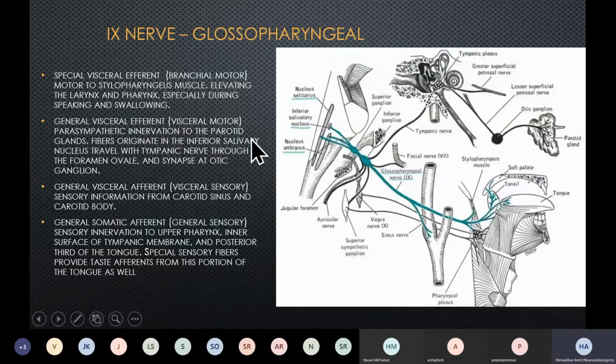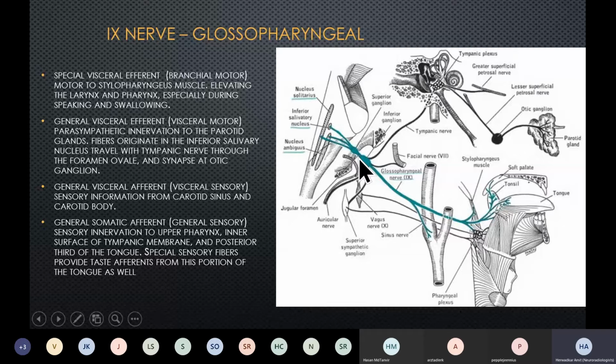So we have again looked at the third nerve with its parasympathetic outflow through the Edinger-Westphal nucleus. We have looked at the parasympathetic outflow of the facial nerve, the superior salivatory nucleus, and the lacrimatory nucleus, which gave rise to the innervation to the lacrimal glands through the greater superficial petrosal nerve, but also the inferior salivary